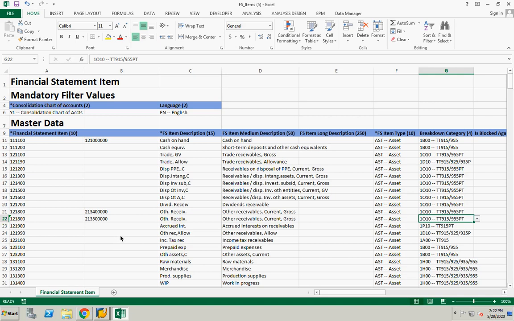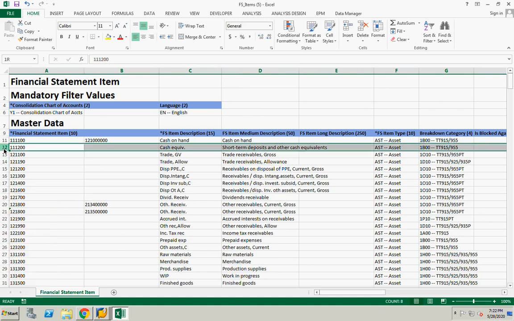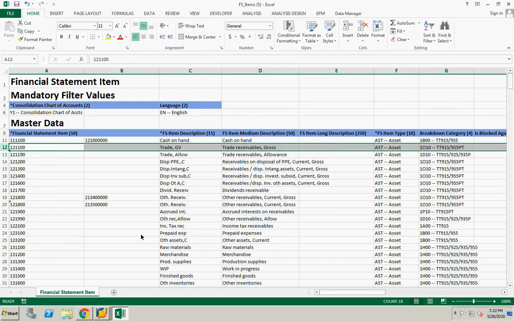So the point is, if you want to add or remove, you can remove. Suppose I don't want this account, I just remove this. If I don't have cash and equivalents, I just remove this. If you want to insert the same type of account, copy the same type of account and insert. That's where your experience adds.